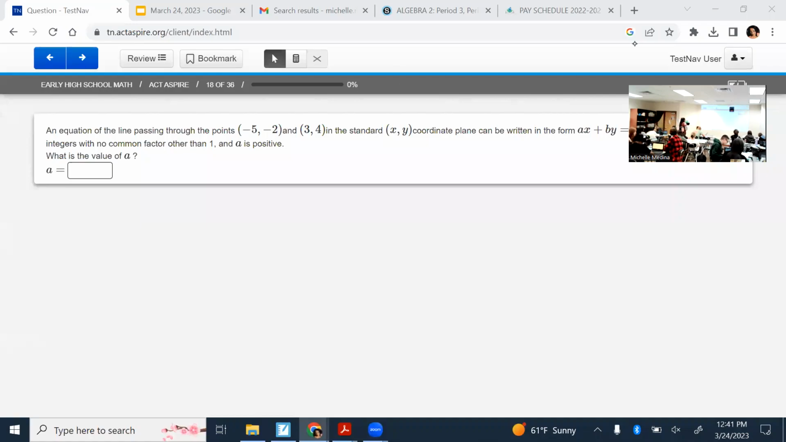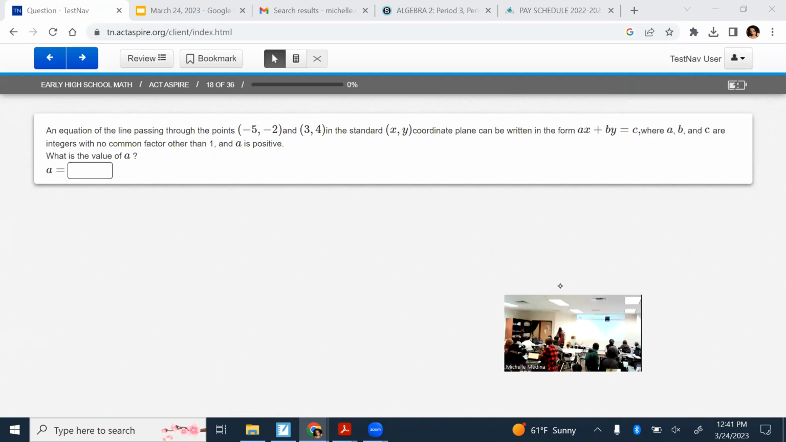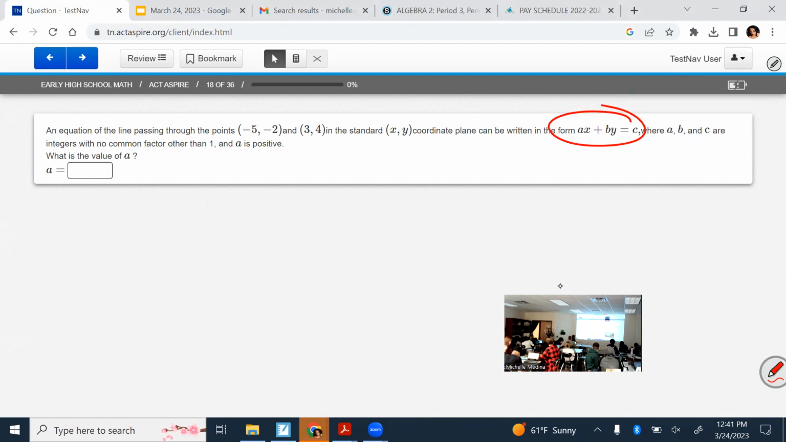Equation of the line passing through these two coordinates on a standard coordinate plane can be written in the form ax plus by equals c, where a, b, and c are integers with no common factor other than 1, and a is positive. Hopefully you guys recognize this form. Anyone? No. Oh. What? Semester 1, unit 2. No. Well, it is the standard form